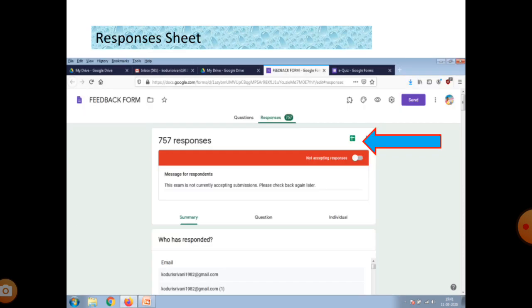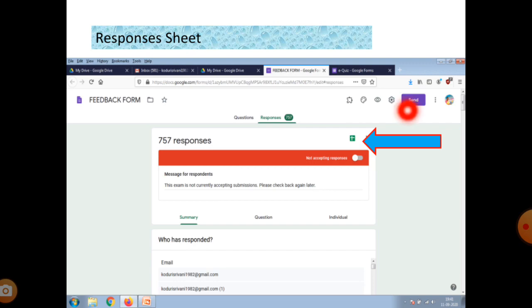Okay, next, if we click the responses, after the click you get this type of sheet symbol. This is the spreadsheet symbol. You click the spreadsheet symbol, and we can know how many members have filled the feedback form.